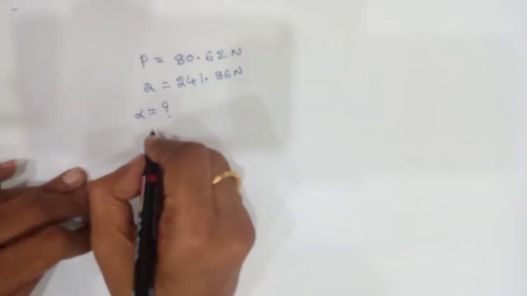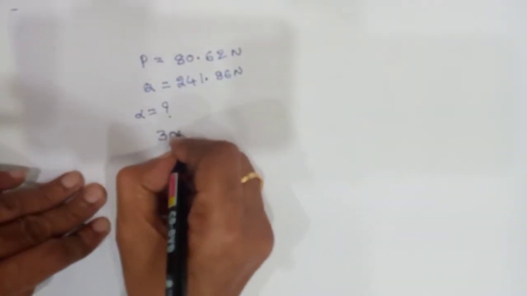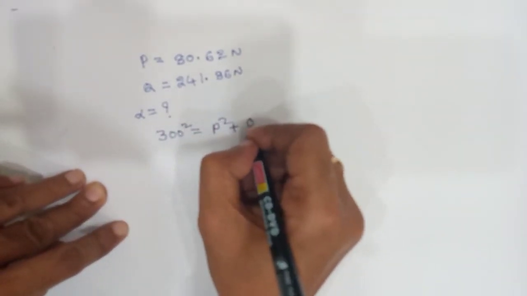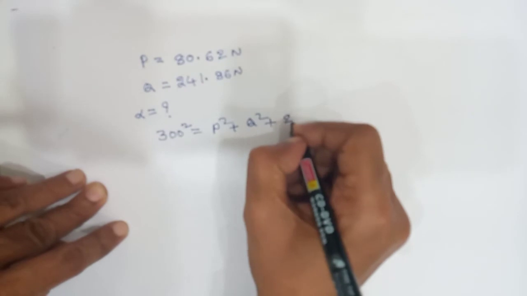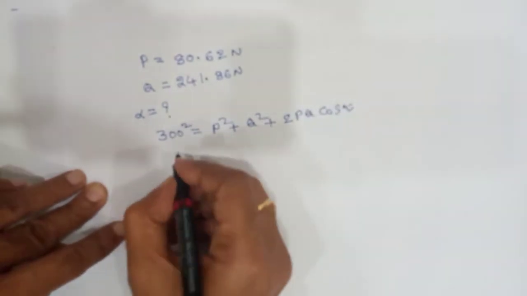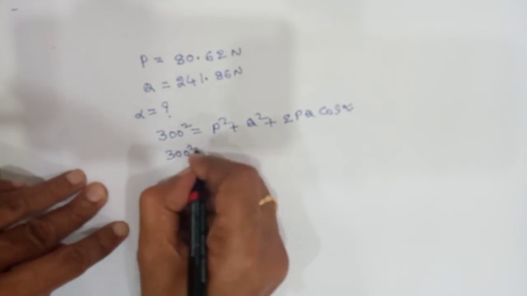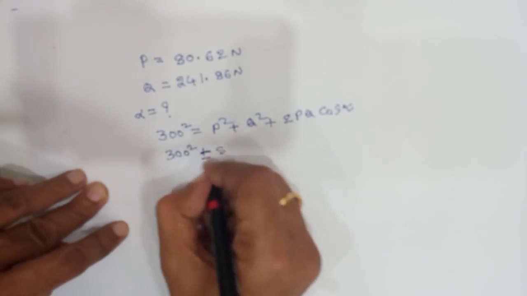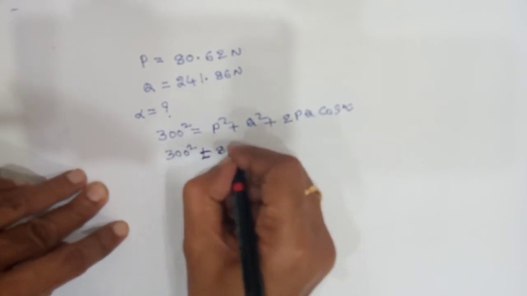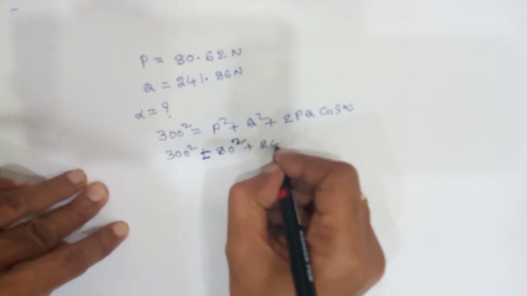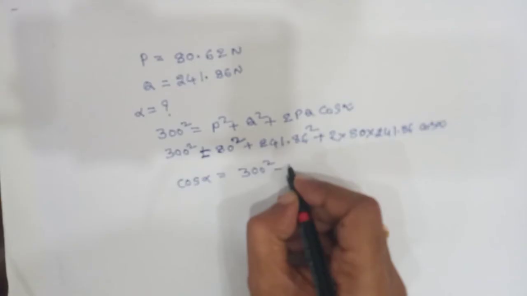That is, 300 square is equal to P square plus Q square plus 2PQ cos alpha, which is equal to 300 square plus 80 square plus 241.86